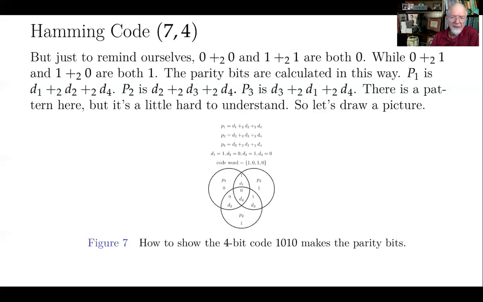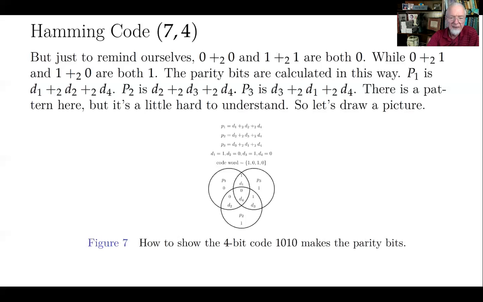But he said, this is crazy. If it can know that there's an error, it should be able to correct it. So he worked very hard, and using linear algebra,